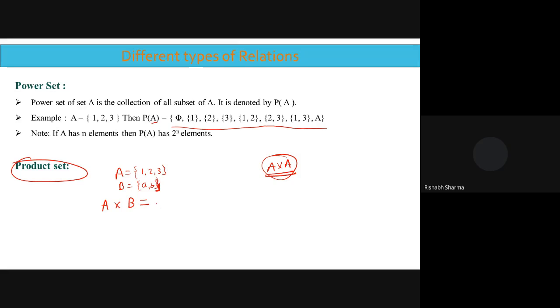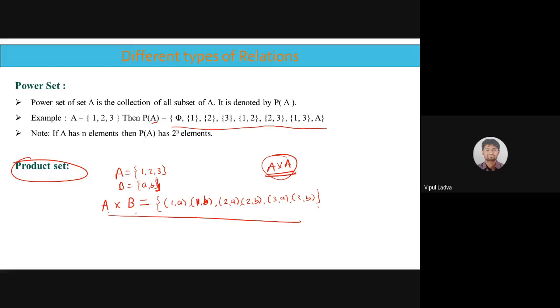The set of all the possible ordered pairs. Yes, write the first ordered pair. 1, comma a. Yes, 1, comma a, then after 1, 2, comma a. Okay, yes, stick with 1, comma b, then after 2, comma a. 2, b. Yes, correct. 3a, 3b. 3a, 3b, is it? Yes, sir. Correct. So this is the definition of Cartesian product, already there in your mind from standard 8, 9, 10th.